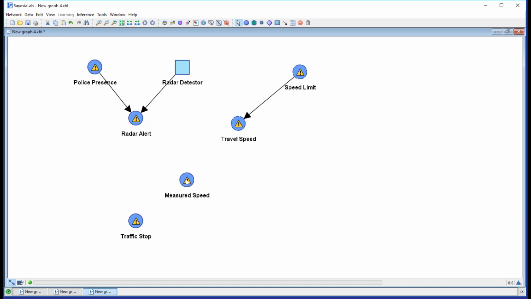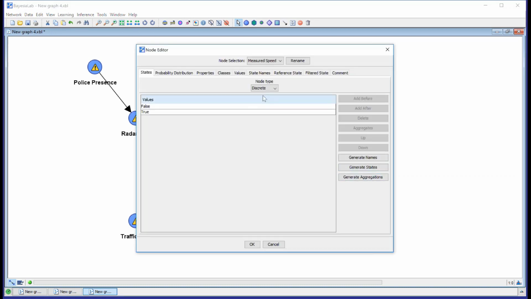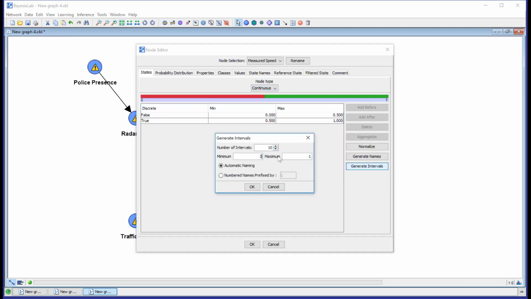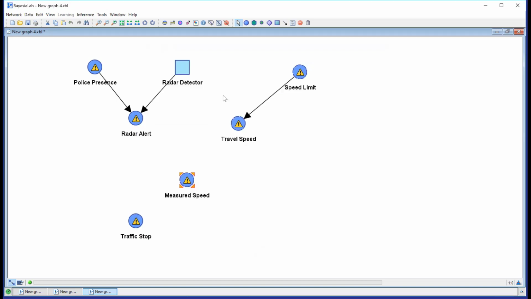And for that, I will also create a range of intervals. Let's do 30 to 100 as before in 7 intervals. And now I will link radar alert and measured speed.